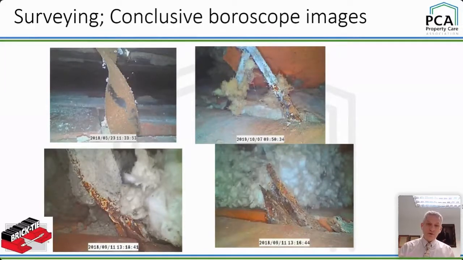All right. So at the bottom of the image, we can see some insulation in the background. We've used a bit of compressed air there to blow into the cavity to try and make a space so we could use our borescope. Bit hit and miss that, but it shows you some of the challenges we've got nowadays with insulation. And you can see the ties there are terrible, rusty as hell.